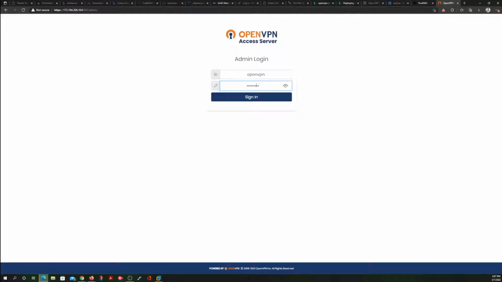Seven four, E E, and then hit login, sign in. And I probably made a mistake in that password, so I'll retry again. openVPN is the username,